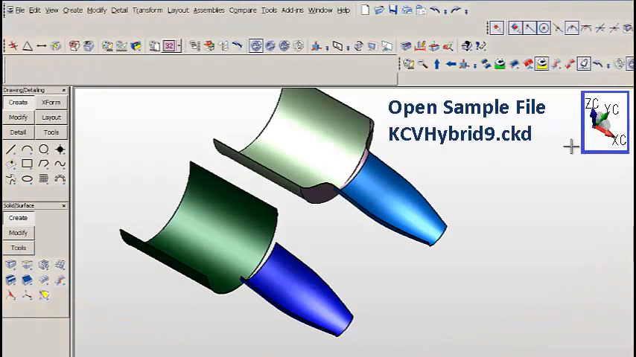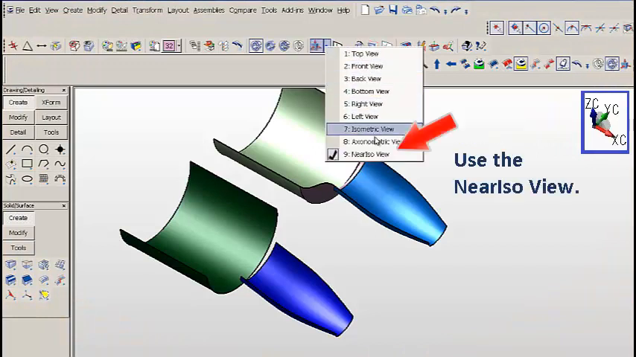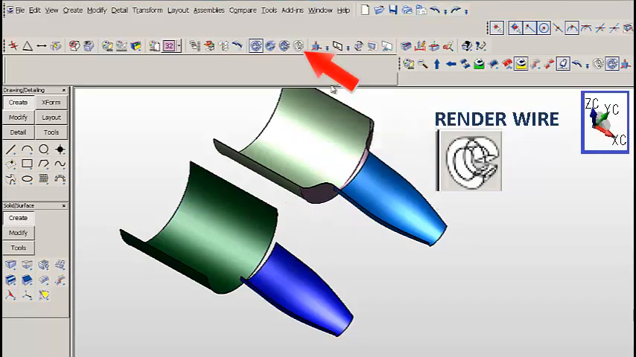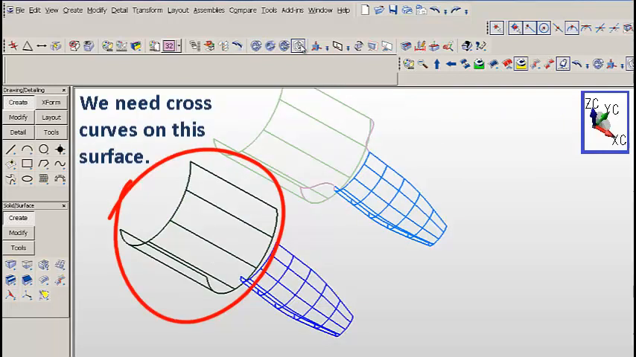So let's work with an actual file. Open sample file KCV hybrid9.ckd. We'll use the near ISO view. The bridge surface here is too abrupt. To avoid this, we're going to click on Render Wire, and then we're going to work with the two surfaces